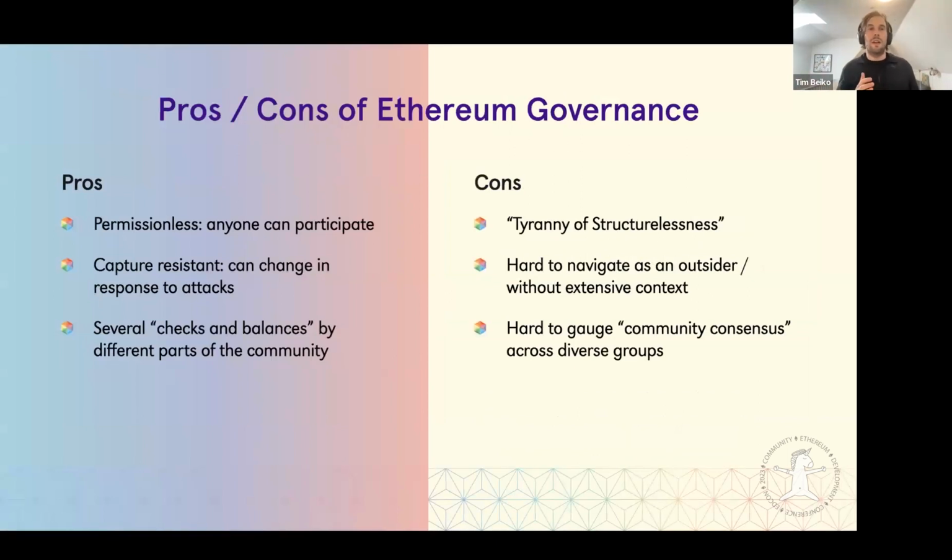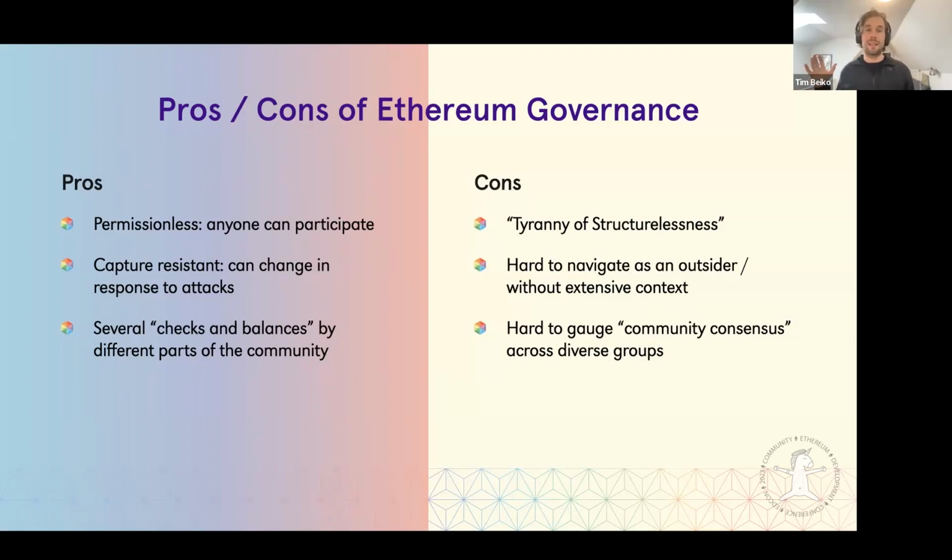So with all this said, it's worth giving a high level recap of what's good and what's bad about Ethereum's governance structure. One thing that's great is permissionlessness. Everyone can participate in it. You don't need to ask anybody. You can just show up and contribute. But one downside of these types of structures is best encapsulated in the essay "The Tyranny of Structurelessness." So it's much harder to make changes and affect actual change in a structure like this. If you haven't read this essay, I would recommend it as a good view of the failure modes of something like this permissionless governance.